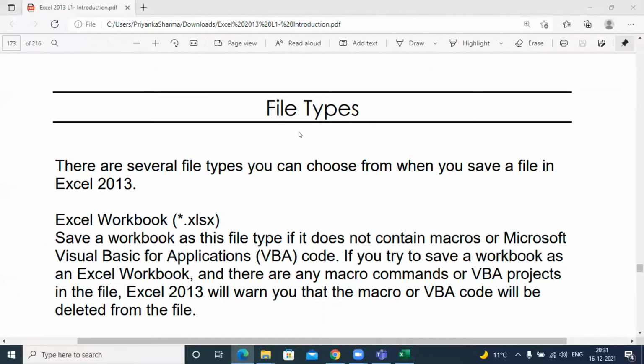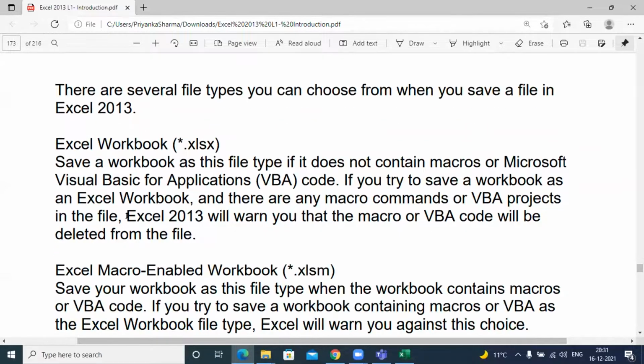When I click on this file types, you can see that there is one way which is called Excel Workbook. This is the first file extension, .xlsx. That is the full information, the extension.